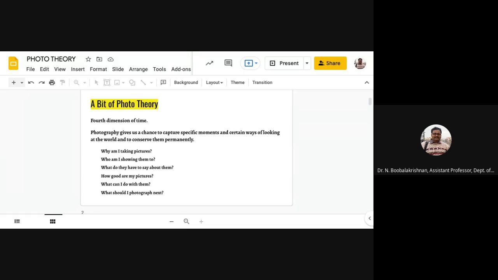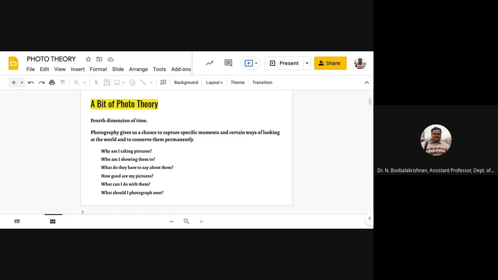Who is viewing this picture? And what do they have to say about it? How good are my pictures? What can I do with them? What should I photograph next? This is the assignment.